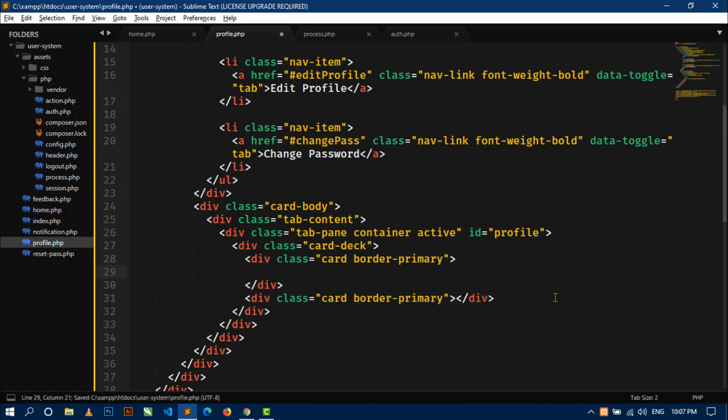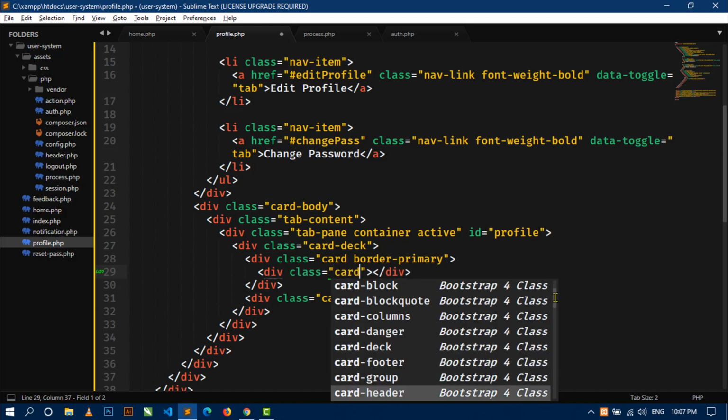Now in the first card I will display the details of the currently logged in user. First I will display the user id of the user. Here I will create a div, card header,